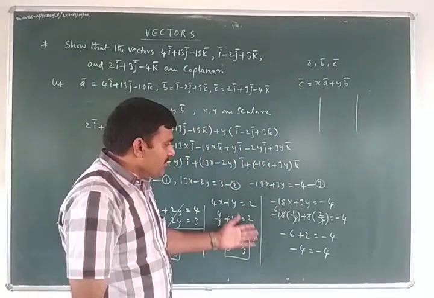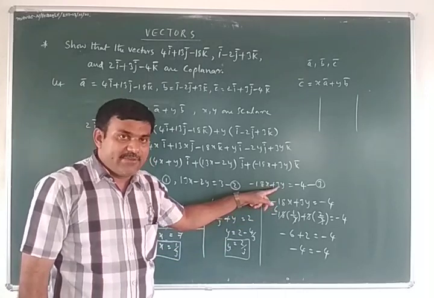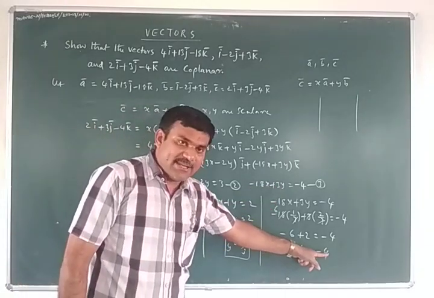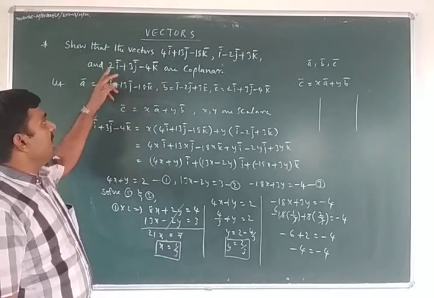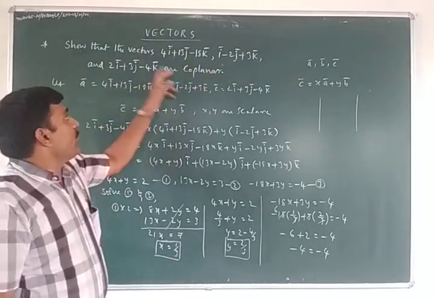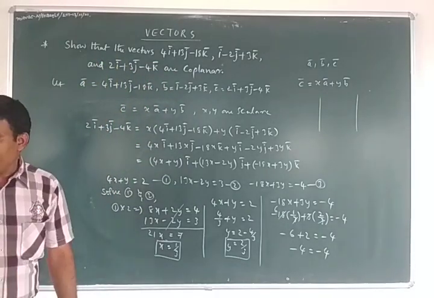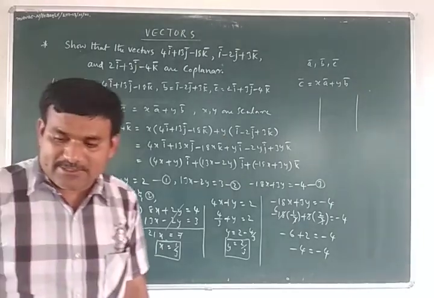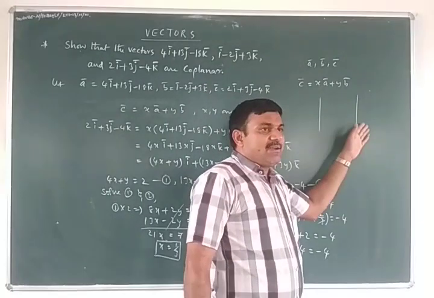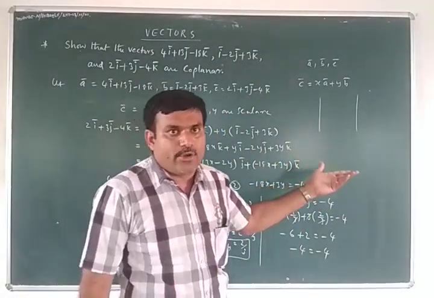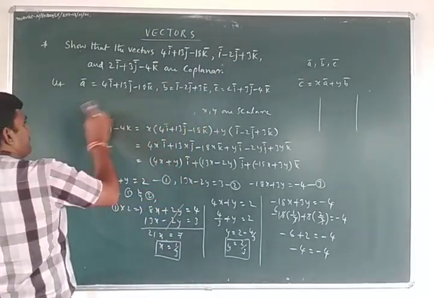Now to observe, these x and y values are satisfying the third equation. So minus 4 is equal to minus 4. When the third equation is satisfied, therefore these given three vectors are coplanar vectors. So this is one method to find whether the given vectors are coplanar or not. And I have one more method. When the determinant of the three vectors is equal to 0, then the given vectors are also coplanar vectors. That I am also explaining here.